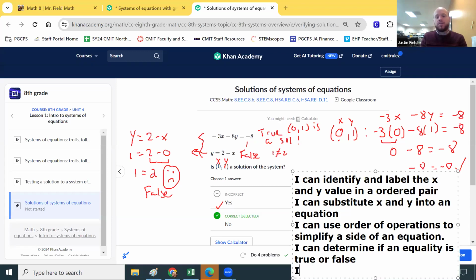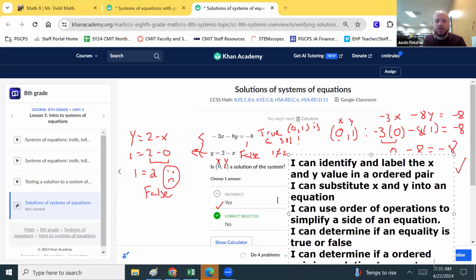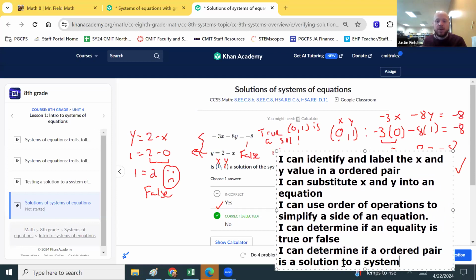And then I can determine if an ordered pair is a solution to a system. And that sounds really hard to do, but it's actually not, because all we had to do is make sure that it was a true equality in both of them. So we got 1, 2, 3, 4, 5 success criteria,